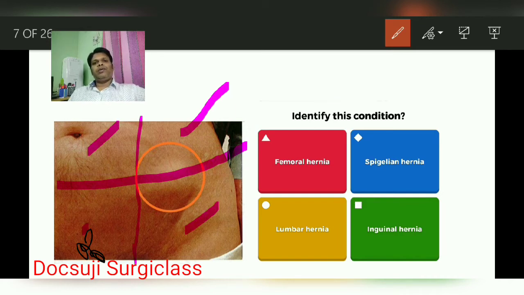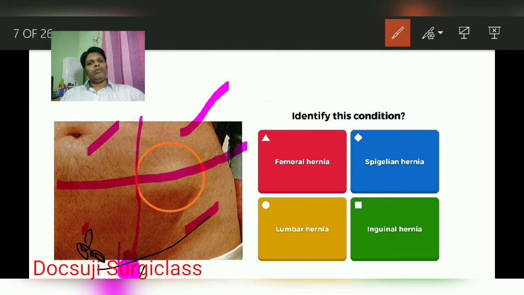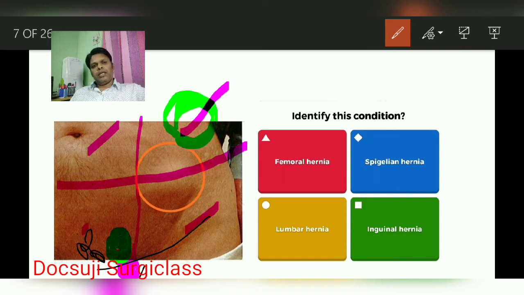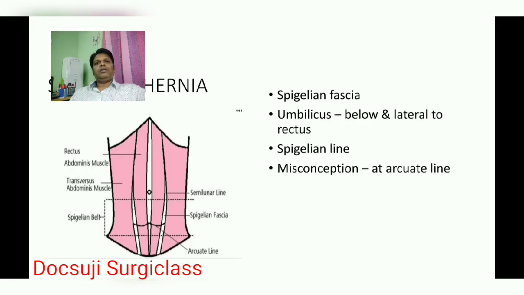Femoral hernia will be present below and lateral to the pubic tubercle and below the inguinal ligament. So this is the location for the femoral hernia. Whereas an inguinal hernia will be present above and medial to the pubic tubercle, above the inguinal ligament. These 2 hernias are ruled out, and the remaining is the lumbar hernia. Lumbar hernia characteristically presents entirely in the lumbar region alone, and the only option available is a Spigelian hernia. This is not the typical position of Spigelian hernia, but you can have the Spigelian hernia in this location also. So we will discuss that.